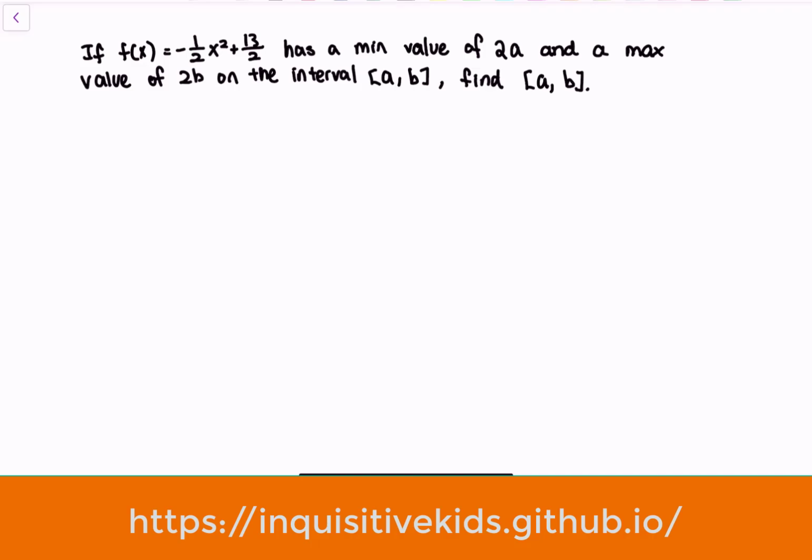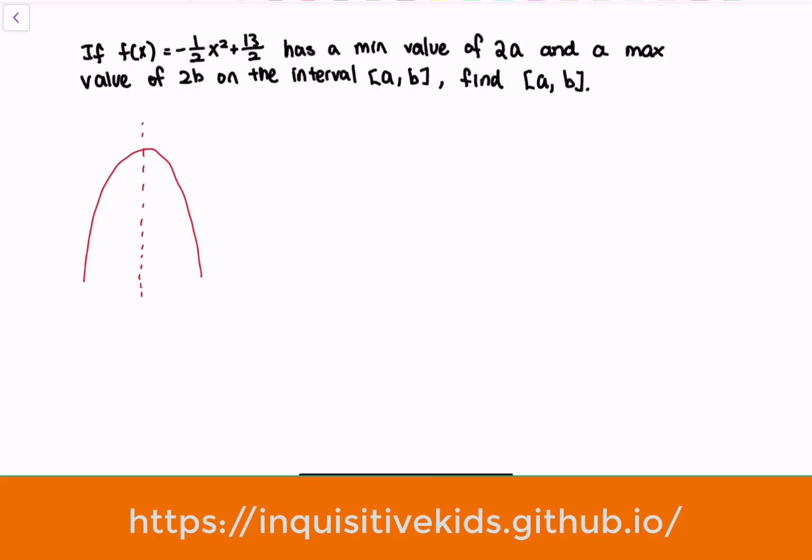Our next problem says that f of x is equal to negative 1/2 times x squared plus 13 over 2. It has a minimum value of 2a and a maximum value of 2b on the interval from a to b inclusive. Find this interval. First, we know that our parabola is downward opening because the coefficient in front of the